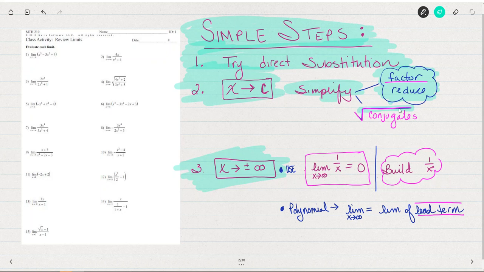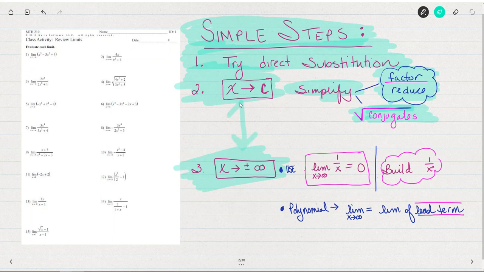And then when you have a radical, what you're going to usually do is multiply by a conjugate to simplify the radical. So again, when x is approaching a constant, we want to simplify the expression so that we can apply direct substitution. We typically can simplify the expression by factoring and reducing or by multiplying by a conjugate. And then that leads us to our other type of